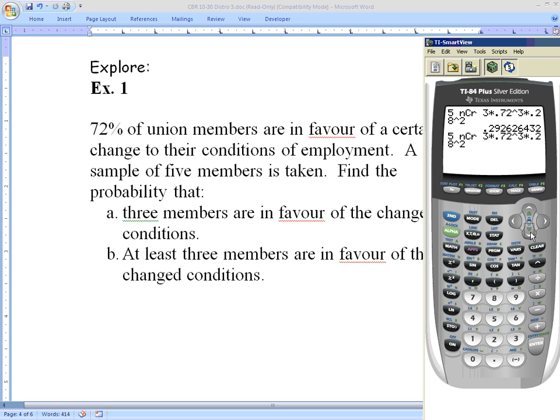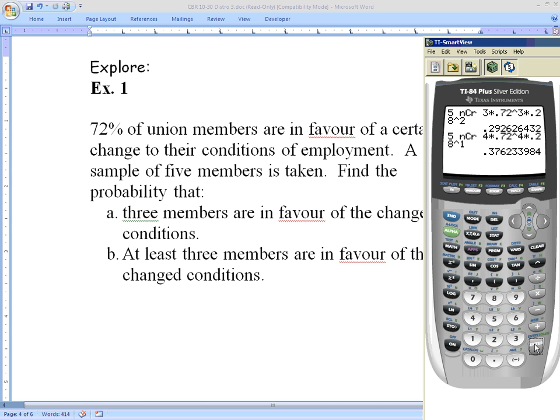And that's not exactly what I want to do, but we can make it work this way. So that takes my previous one, brings it down, and I've got 5 choose 4 this time. Change all my 3s to 4s. And then there's one more thing that I need to change, which would be my power of 2, which is now to the power of 1. So I can press enter again, and so I find the probability of having 4 members in favor is